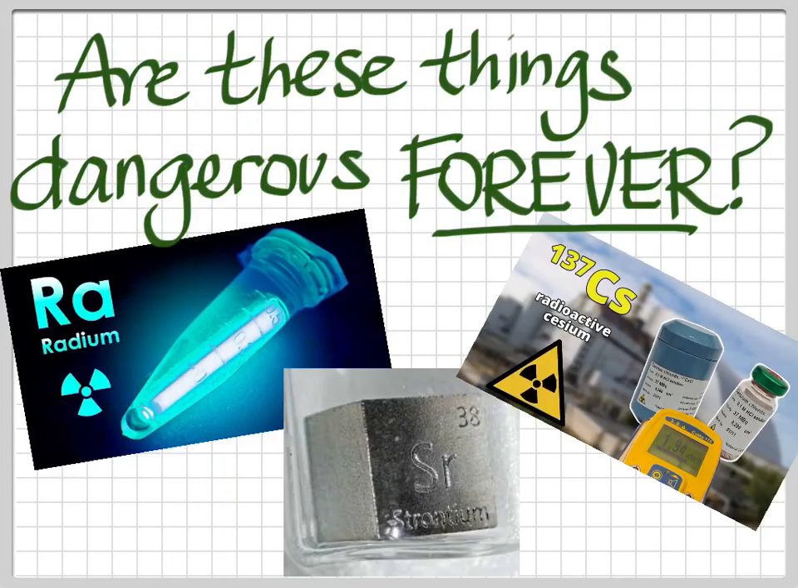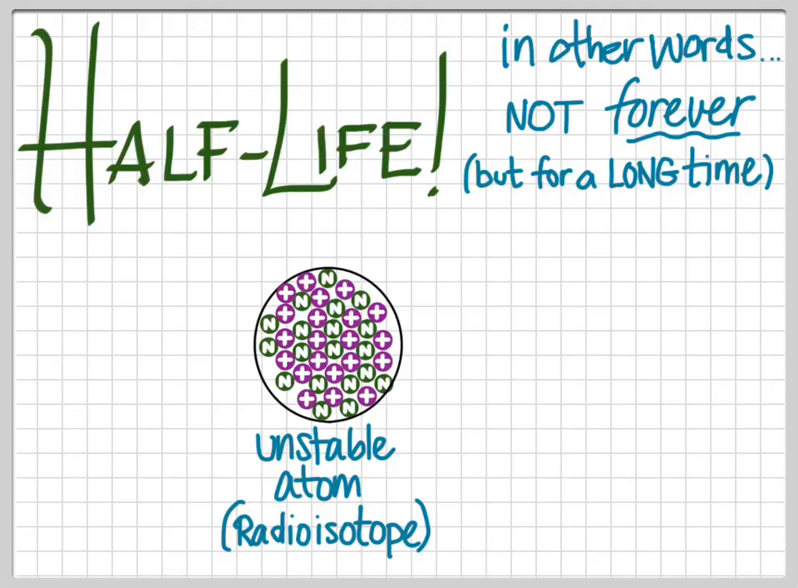incredibly dangerous. So speaking of the dangers of radiation, isn't it reasonable to ask, are these things dangerous forever? I mean, radium, it's an alpha emitter, strontium, a beta emitter, and radioactive cesium-137, which is a gamma emitter. Yikes! Enter the half-life. In other words, they're not dangerous forever, but a lot of them are really dangerous for a